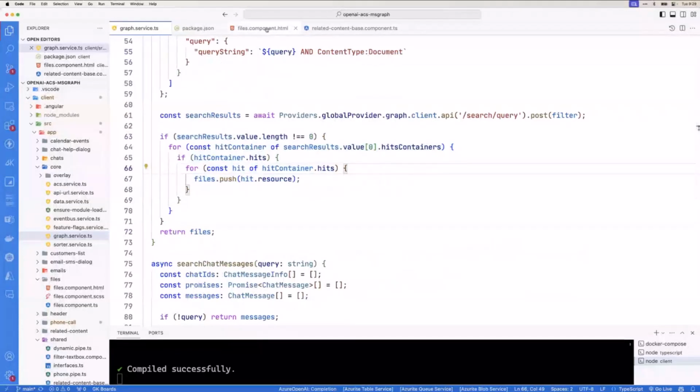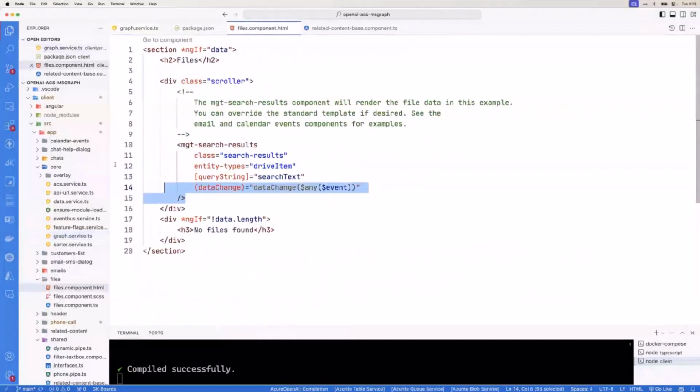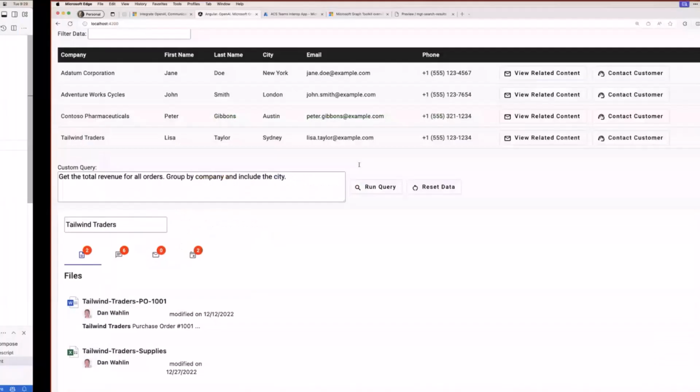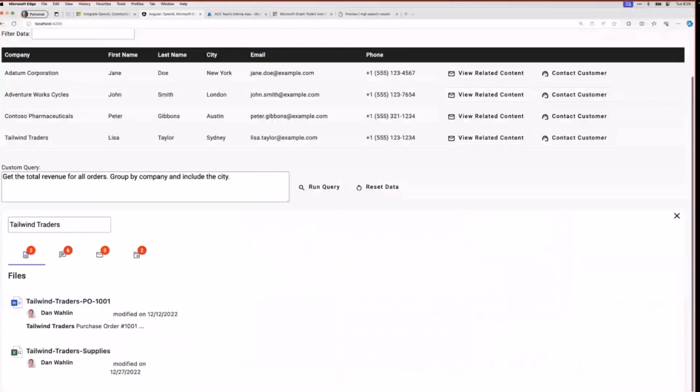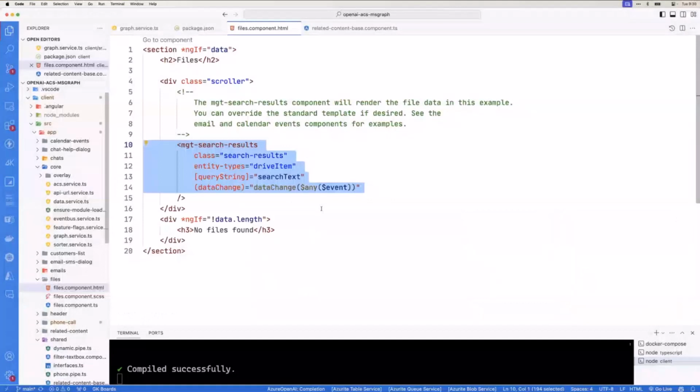But here's what we're going to start covering next week. You could do all that, or you could just do that right there and be done with it. That is actually what's being used to render this and most of these. Some of these I do have to use code to go get the data, but this right here is actually being rendered with just this little bit of code right here, MGT search results. So if you haven't heard about this, we're going to talk about it starting next week.